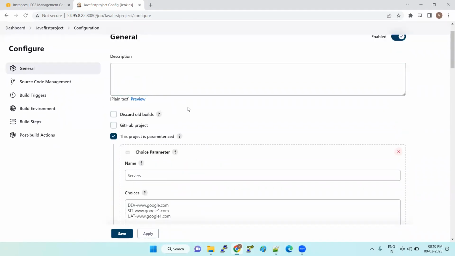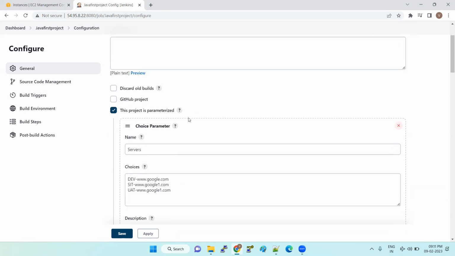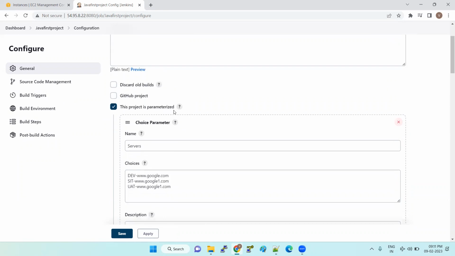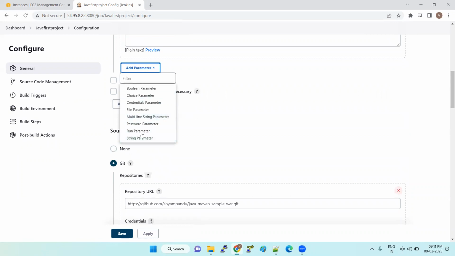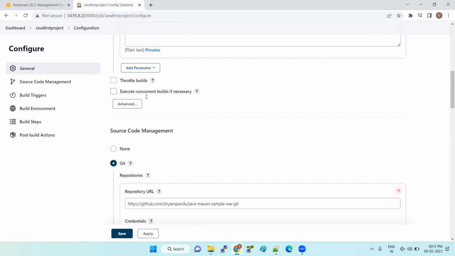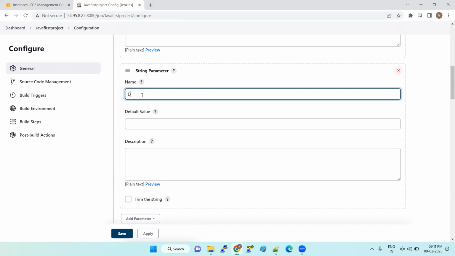If you want to get any input from the end user, like the person who is running the job, who wants to give some input for the job, then in that case we will use the project is parameterized. Not only this option, choice options, string options, multiple options are there. If you want to go with the string options,